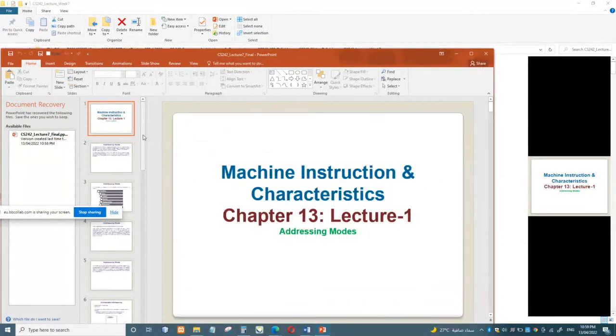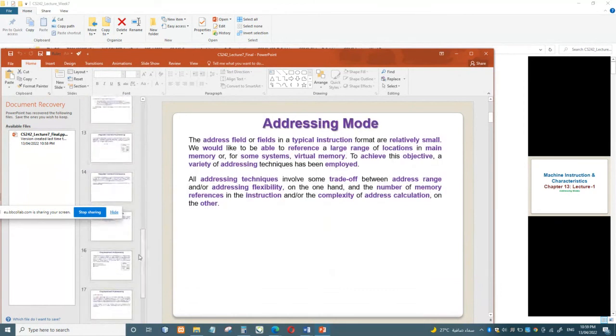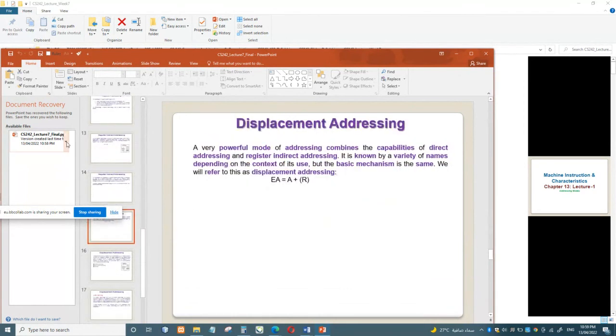So you can see that the last addressing mode was